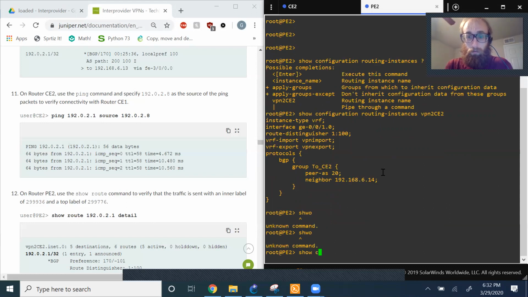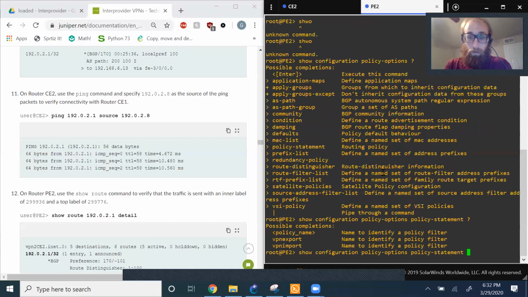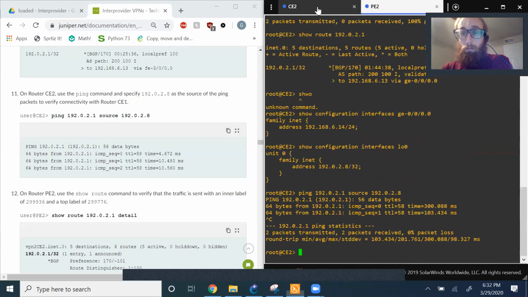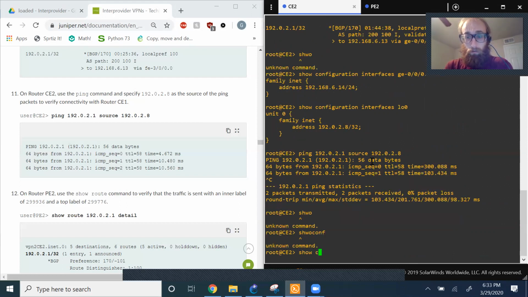Show configuration policy-options, and it's going to be policy-statement VPN import. So you can see we're only importing BGP routes. But what kind of route is this? So we know that this route here, if we do a show configuration,